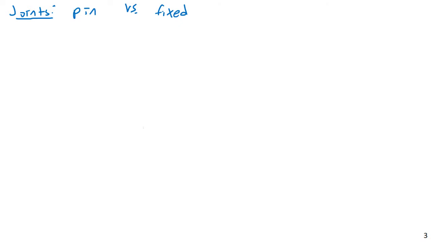If I wanted to have a pin support on, say, a column coming into the ground, instead of showing a beam and a column, that would basically just be coming into a foundation pier or something like that. That's what a pin support would really look like, say on a building column. But on a pin joint,